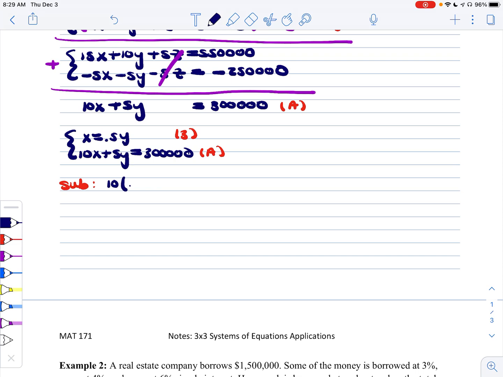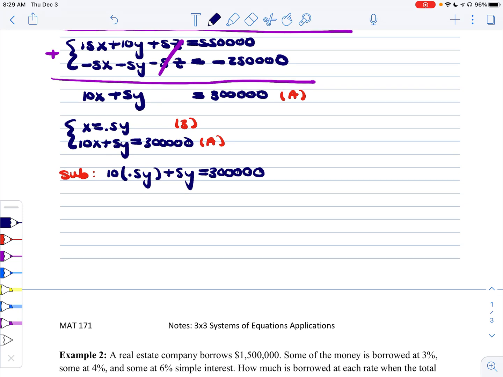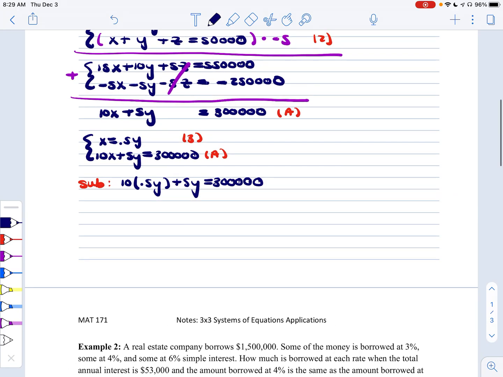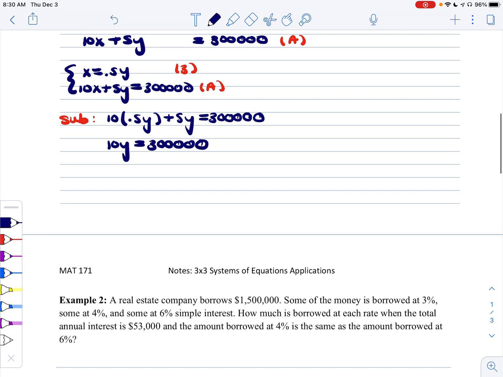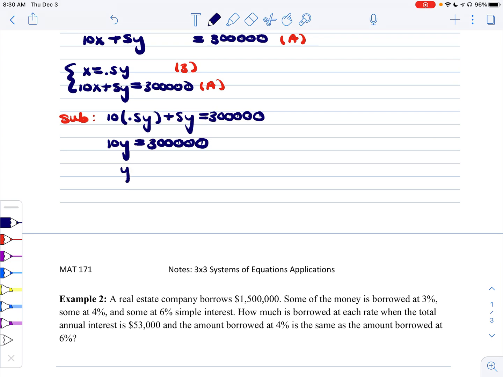So my equation 3 is going to go into my equation A. So we would have 10 times 0.5y plus 5y equals 300,000. So 10 times 0.5 would be 5. 5 plus 5 is 10y. This is 10y equals 300,000. And then just dividing by 10 on both sides, we get y is equal to 30,000